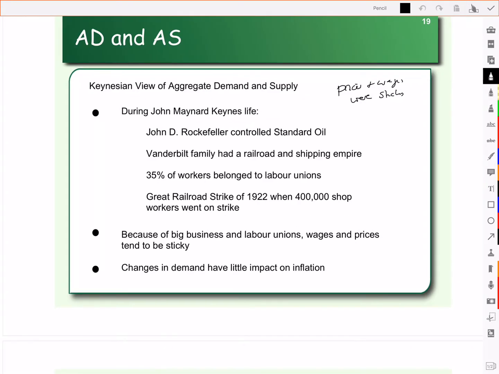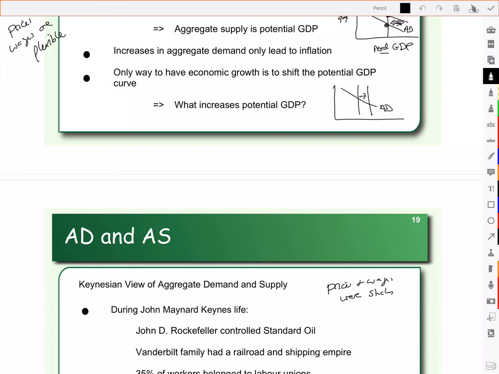See, under the classical view, let me just go back to the page before. Under the classical view, you'll recall that when there was a decrease in demand, prices went down, okay? And when prices go down, interest rates go down, right? Fisher effect. And when interest rates go down, that meant it was cheaper to borrow, to buy the house, to buy the car, and that made